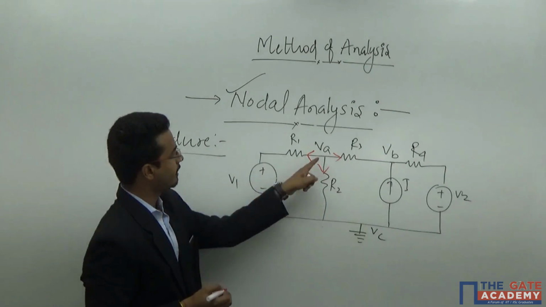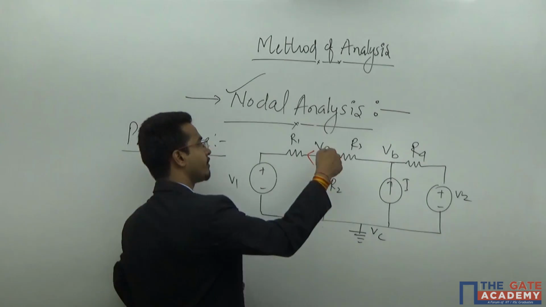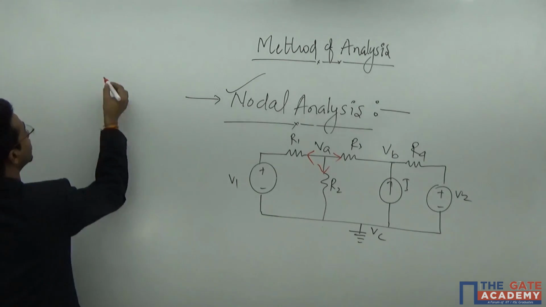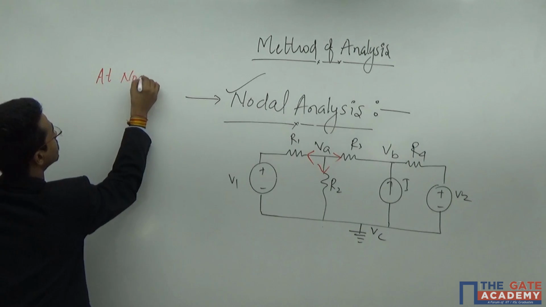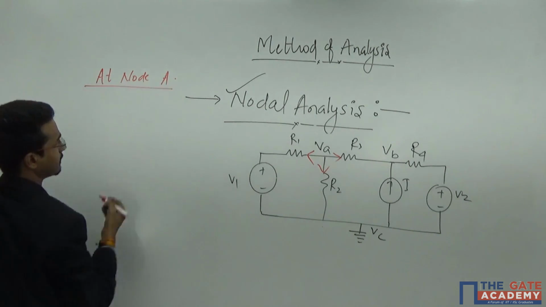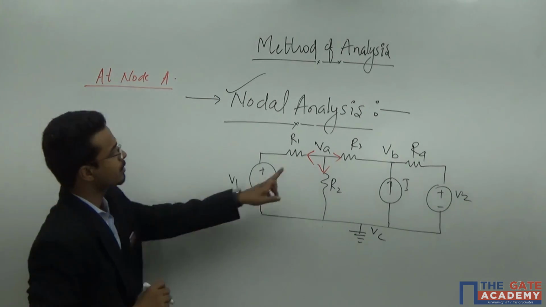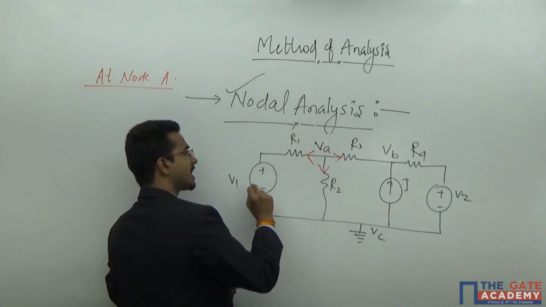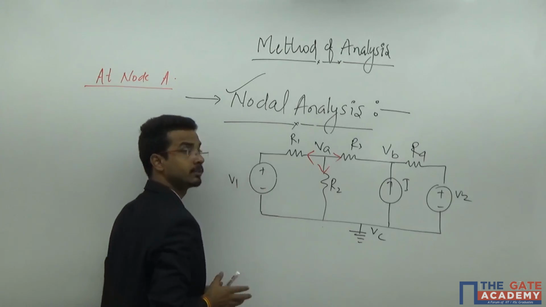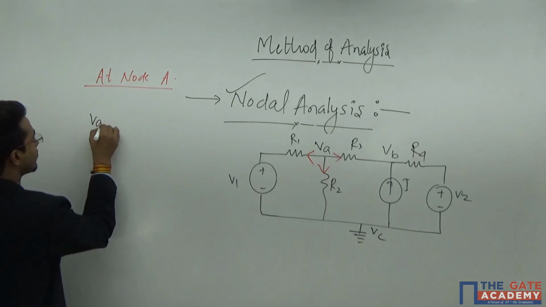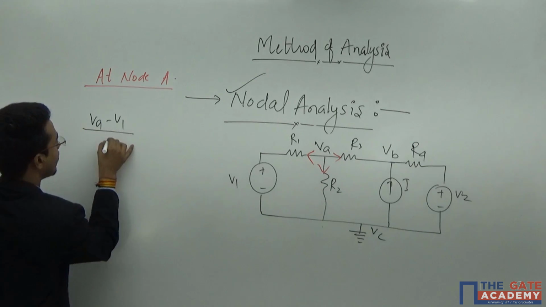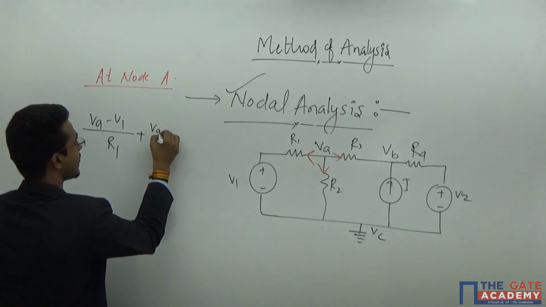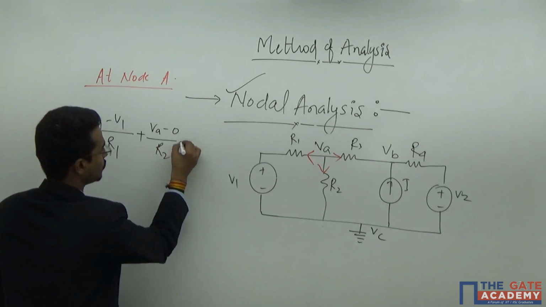Okay. Now I will write down the KCL equation at node A. The potential at node A is VA. For the first current in this branch, the potential difference divided by the resistance will be the current. That means VA minus V1 divided by R1, plus the second branch, VA minus 0 divided by R2, plus the